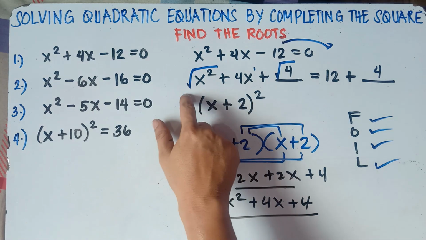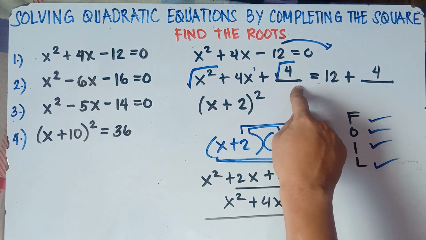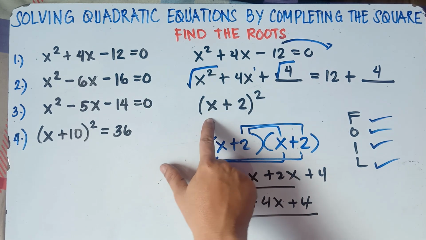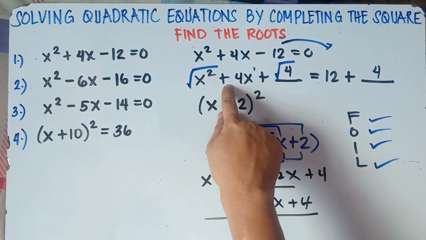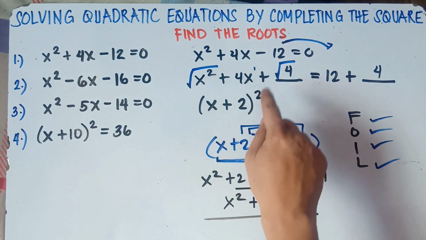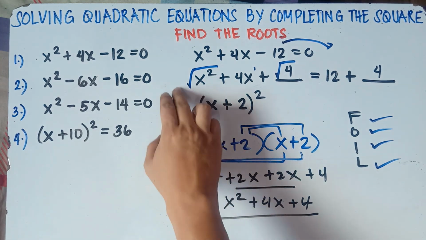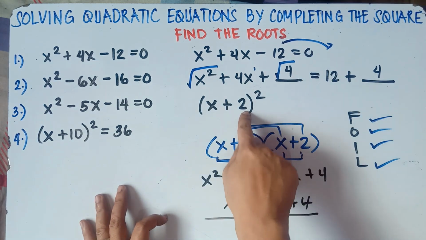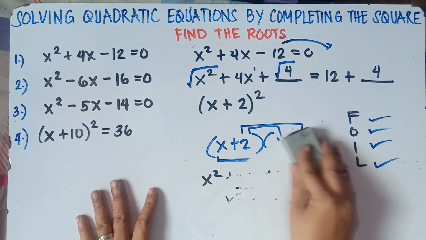So that's why, class, if you answered the b over 2 quantity squared a while ago, your answer will be a perfect square trinomial in which you can make it into a square of binomial easily by simply getting the square root of x squared, that's x, the square root of the last term, the square root of the constant, square root of 4, that's 2. Copy the sign of the middle term, you put open and close parentheses, squared. This is actually the same, class. It will be complicated if you factor this out. It will take time. That's why we simply get the square root of the first term, the square root of the last term, copy the sign of the middle term, and put open and close parentheses, then squared.